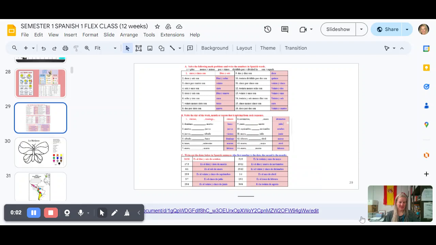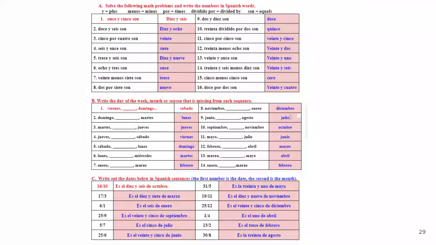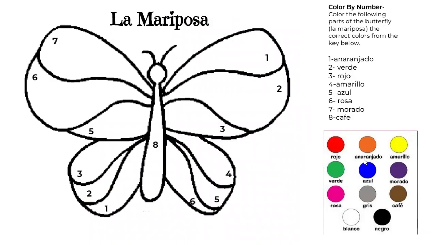Okay, everybody, let's go ahead and pull out our homework from today and see how we did. Let me blow this up for you. Okay, so we have the numbers practice and the days of the week, months of the year, and how to form your date. So if you want to go ahead and pause and double check and see how you did.